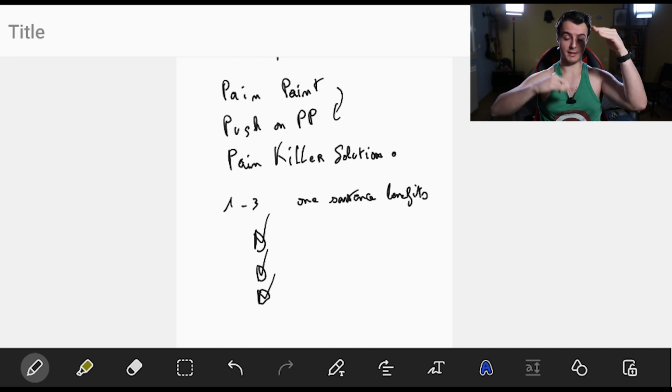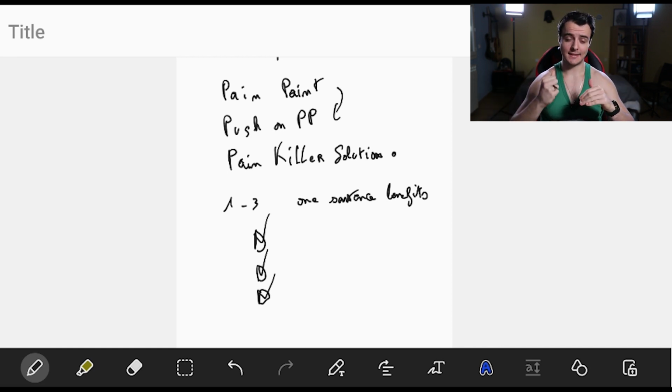And then they're going to go back and forth, see if it makes sense, and take action. So that's the way we go about making sure we get as many people to take action as possible, while making sure they also don't have to read through the whole copy for it to make sense to go ahead and check it out.